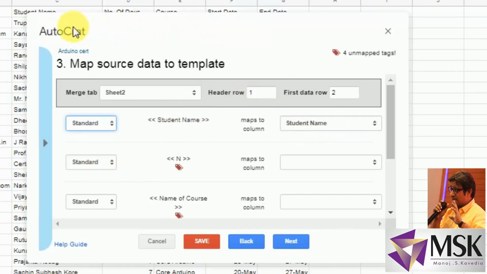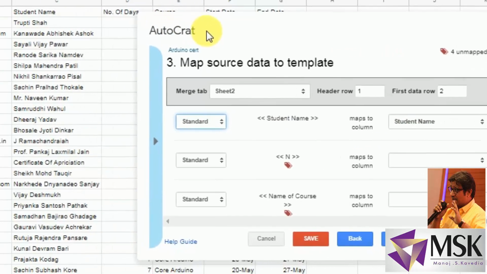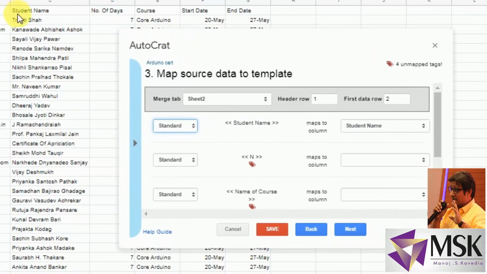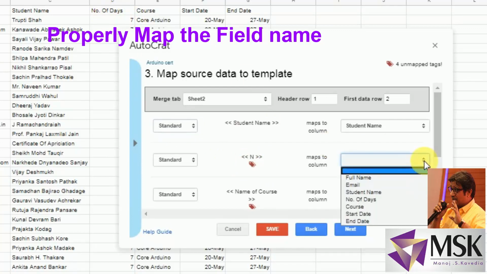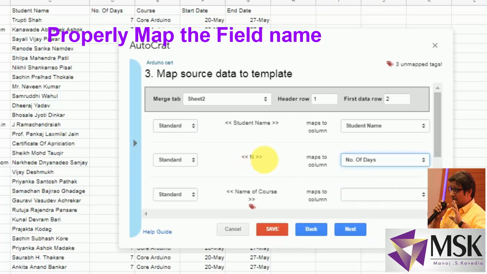Now student name, it is mapped with student name. Fine. So you can see the field names in the response sheet. So student name is mapped with student name, and second is number of days, so it should be mapped with number of days. So from map to column I'll select number of days. Fine.